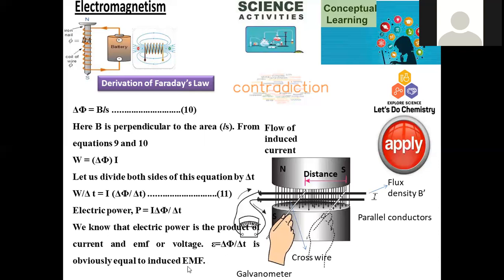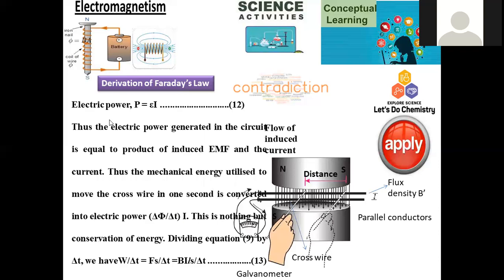So already we know epsilon is nothing but induced EMF, right? So here, the change in this phi value by delta T, this ratio gives the value of epsilon, and by using this one, it is possible to calculate electrical power generated within the closed circuit, right? And electrical power P is equal to epsilon I. Thus, electrical power generated within the circuit is equal to the product of induced EMF, that is epsilon, and current, that is the strength of current I in amperes.